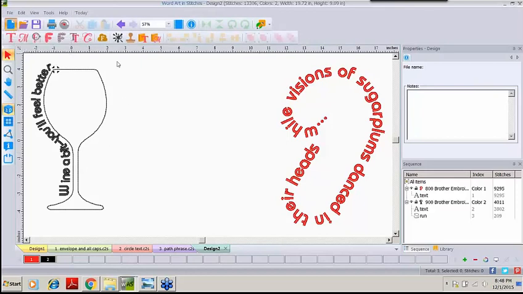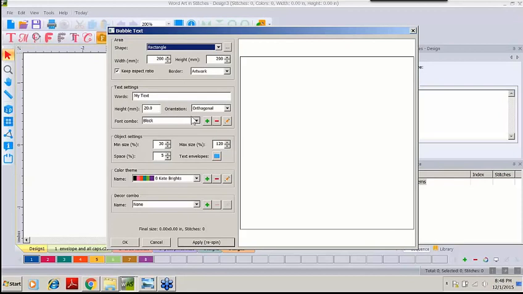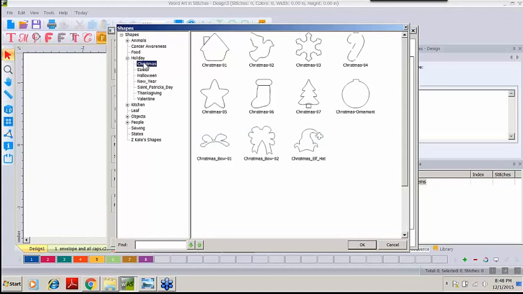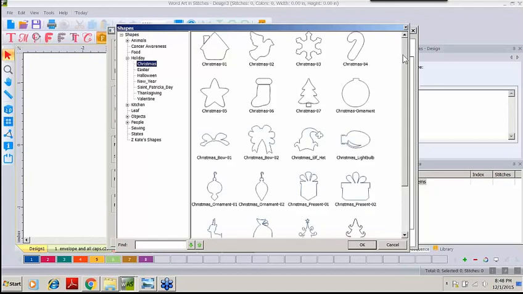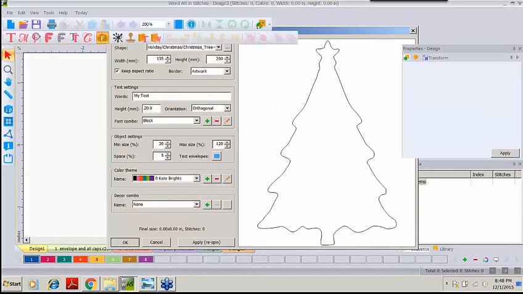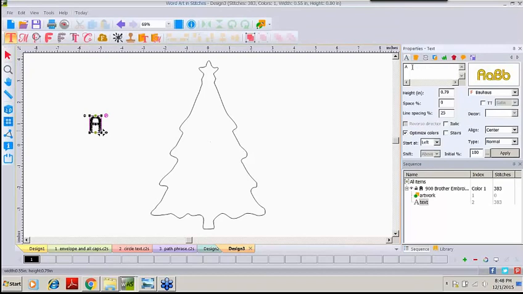There's one other one that I want to show you so I can give you some caution with this. The two that I had chosen were specific to let you be successful in the very first try, but if we go back to holiday and we pick something like our Christmas tree, we leave it at artwork, we bring it to our screen, we take our text and type our phrase on screen. I need something relatively long here, so I will type in